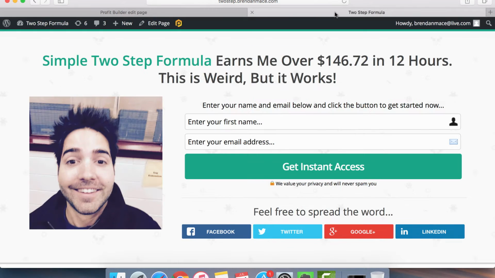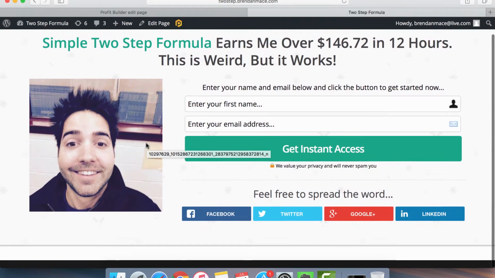the social buttons. So this is the base that we're going to use to create our high converting lead capture page. Now I want to show you my lead capture page that converts at a 56% conversion rate. Now the industry average for lead capture pages is like 25 to 30% conversion rate, and a lot of people would consider that good. Now this page converts at 56%, and I'm basically going to explain why it converts so